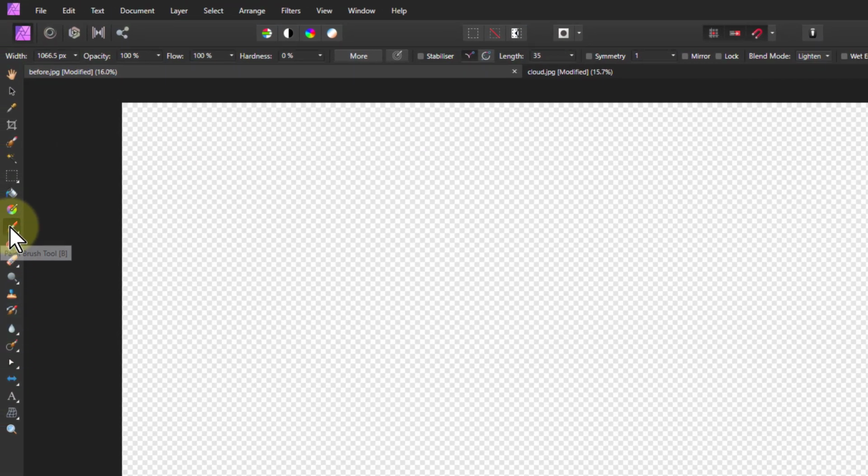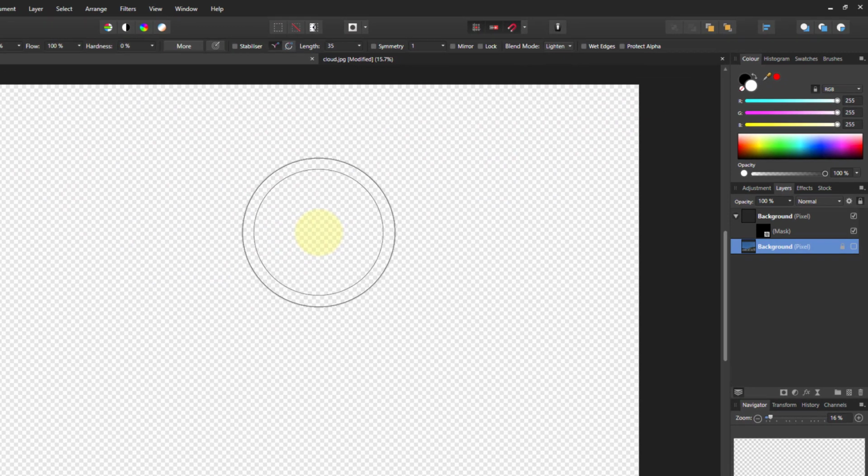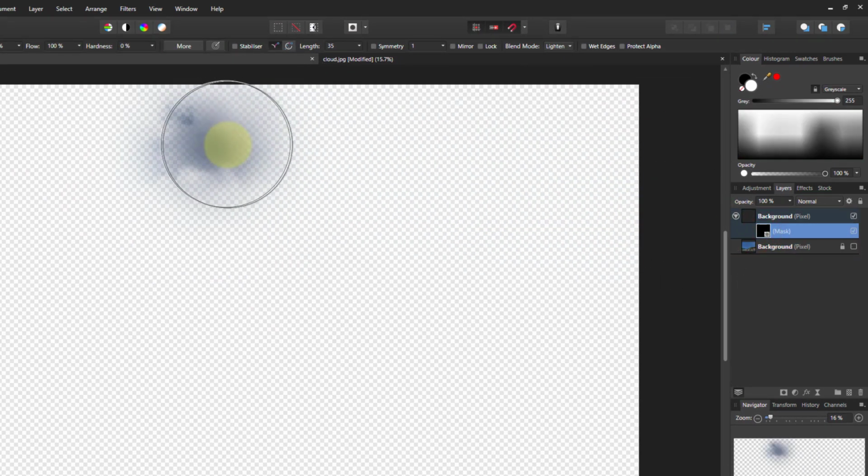The way to do that is to go to a brush here, make it opacity 100, hardness 0, so it's very soft. I want to bring things back, so I need to paint on white. So I go here and I need quite a large brush to start off with. And on that one there we go. And so you can see it's like a torch to show me